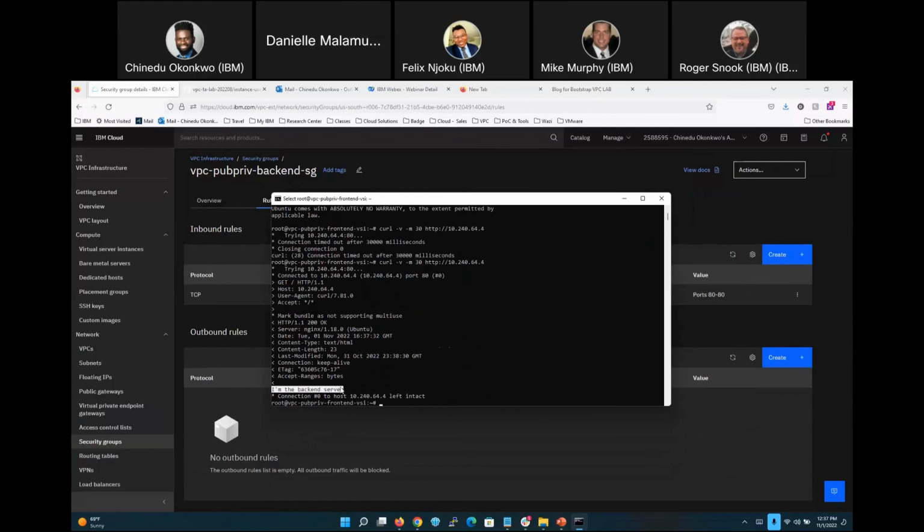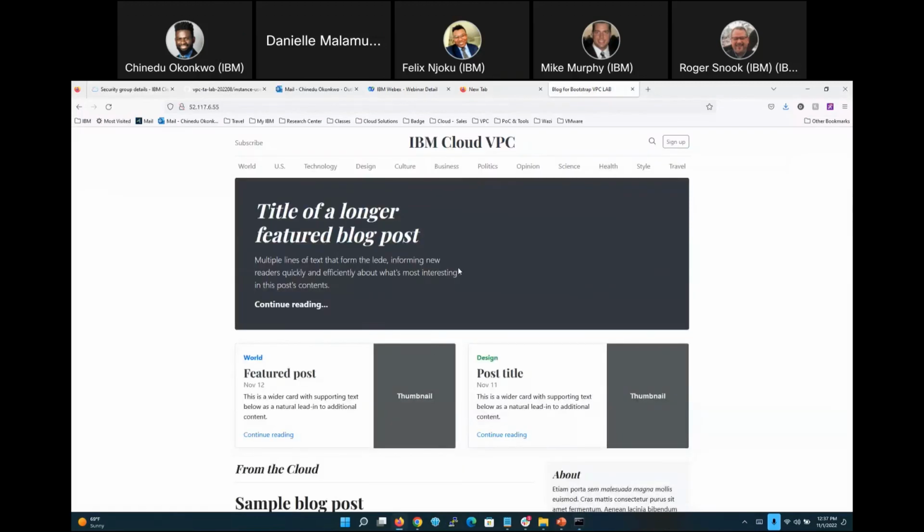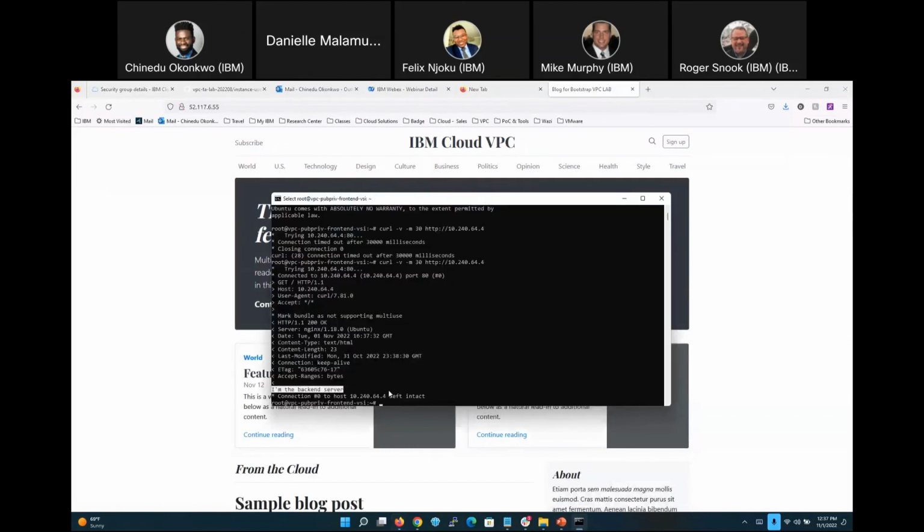I added this when I created the backend, in the user data that created the front end, this WordPress address for the front end, I added it just to show that you're on the backend server. So yeah, this comes to the conclusion of my presentation for VPC. I don't know if there are any questions or we can